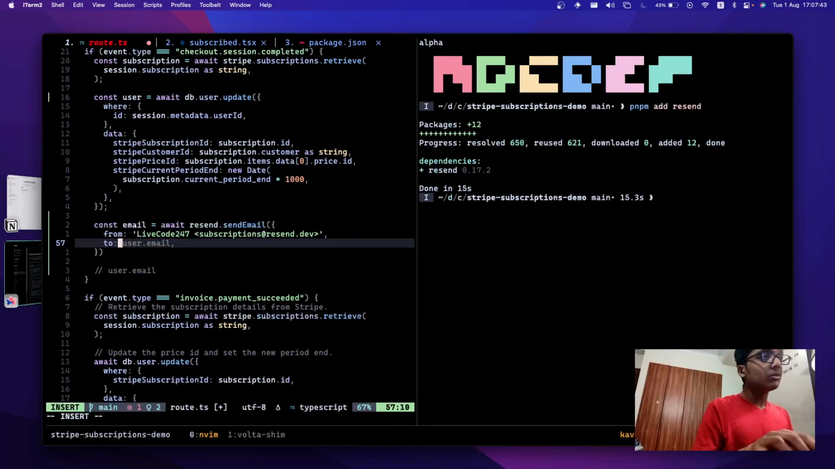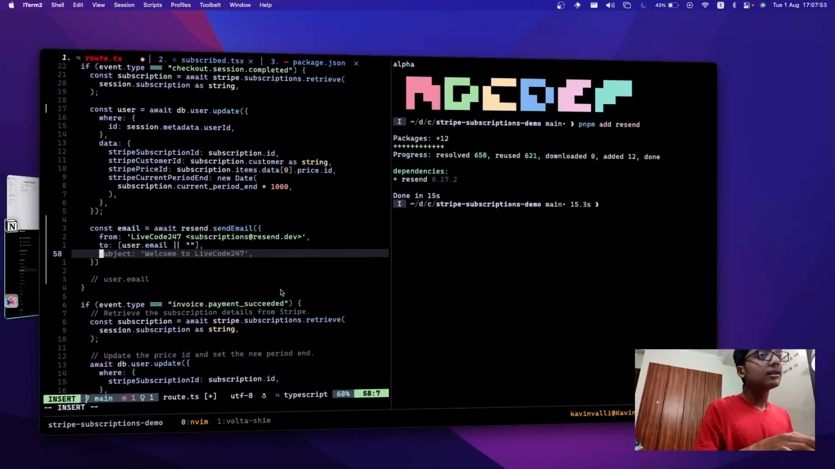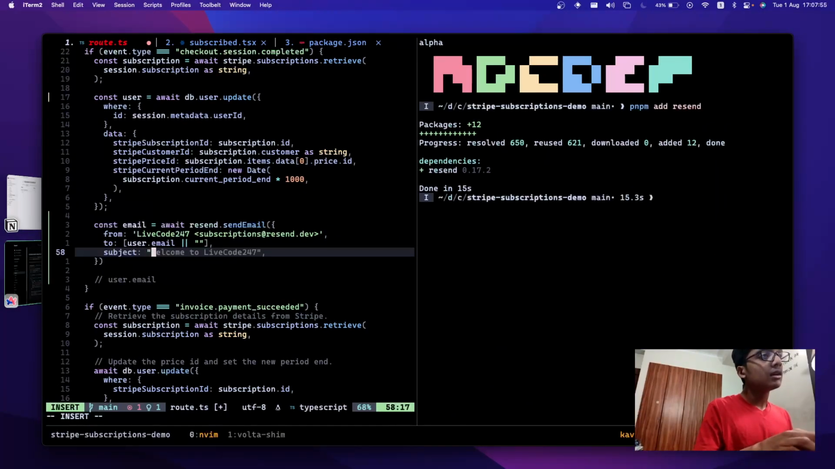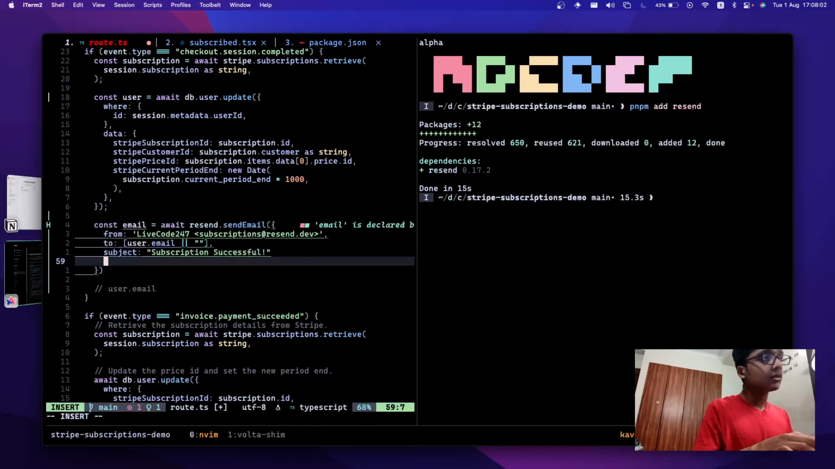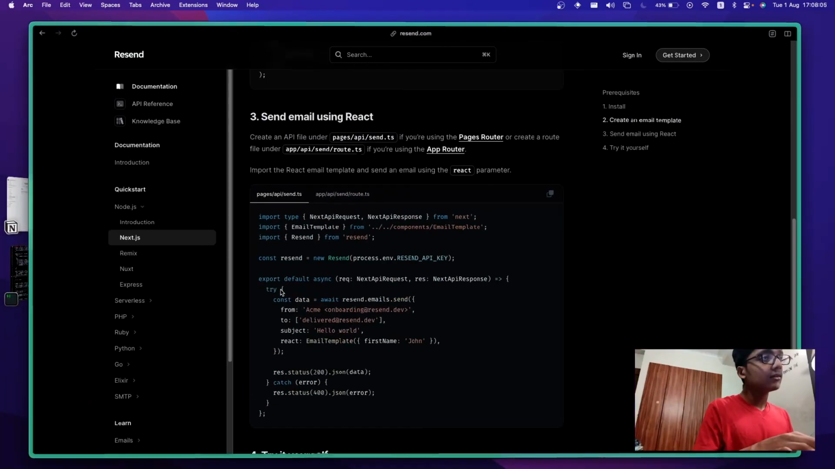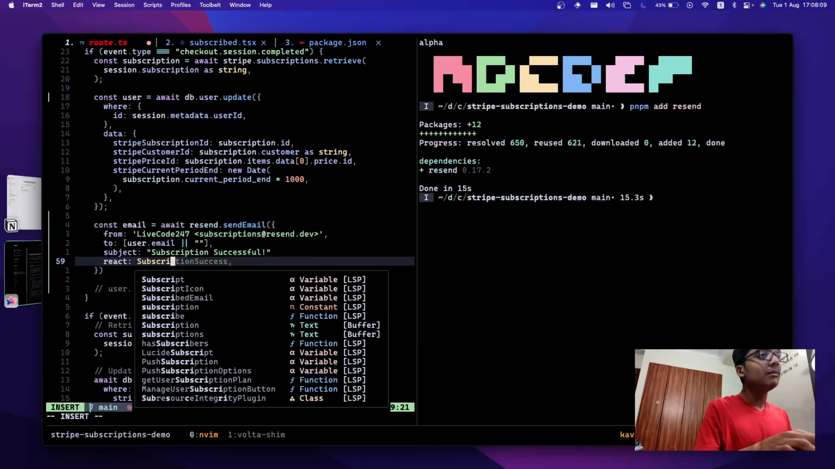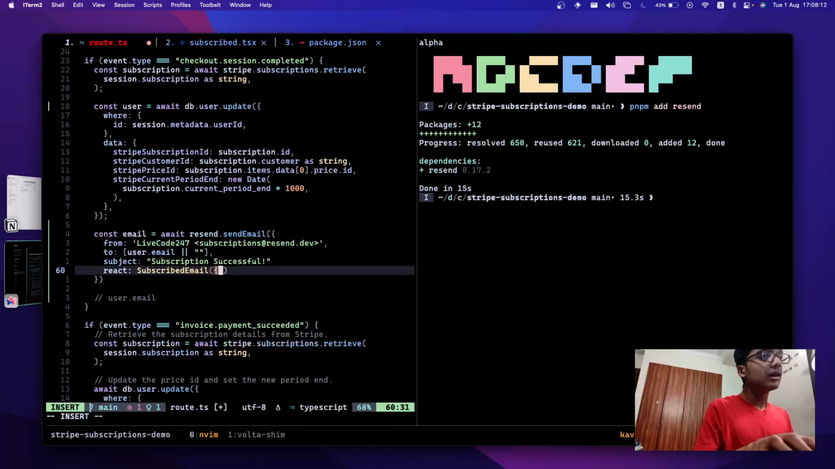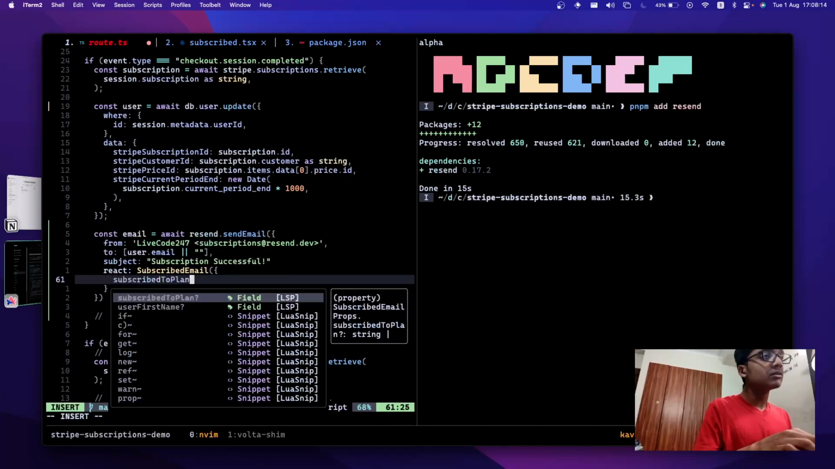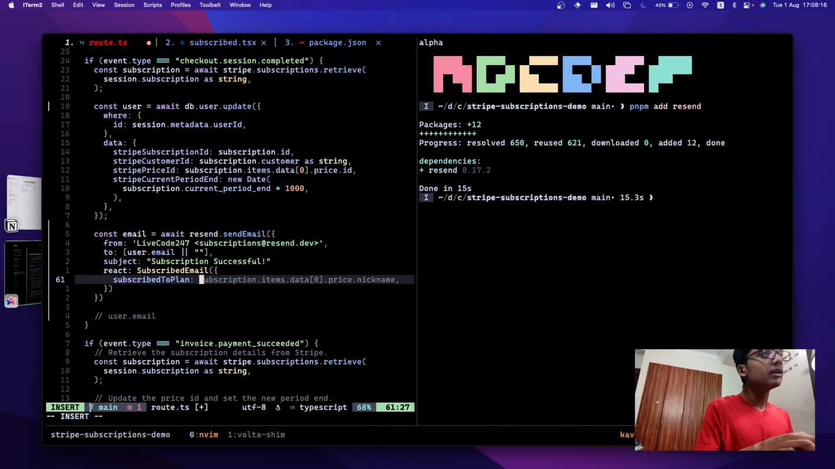Yep. And the to is basically a list of emails. So we want user.email inside this. Let's get that to be that. And the subject would be subscription successful. All right. And what do we want as a React? We send the template. So we will use the subscribed email, and we need to pass in all the things which are needed. Subscribe to plan would be,